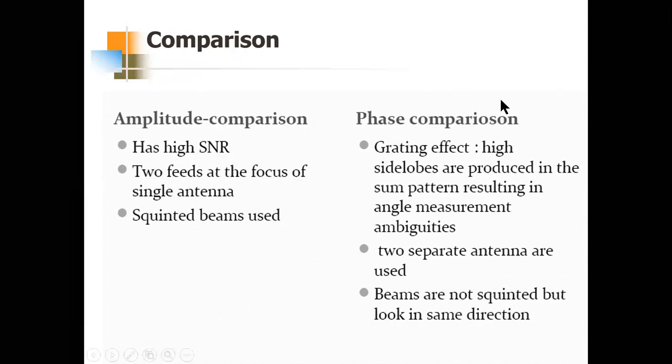So by this topic, the monopulse tracking method is finished. Monopulse tracking had amplitude comparison and phase comparison monopulse, and we saw monopulse tracking in 2 dimensions in amplitude comparison as well as in one angle coordinate, so two different block diagrams. That was all about the monopulse tracking method.